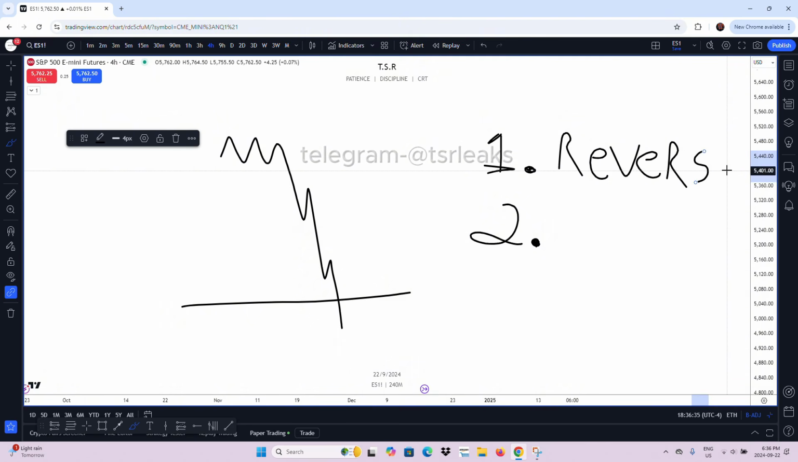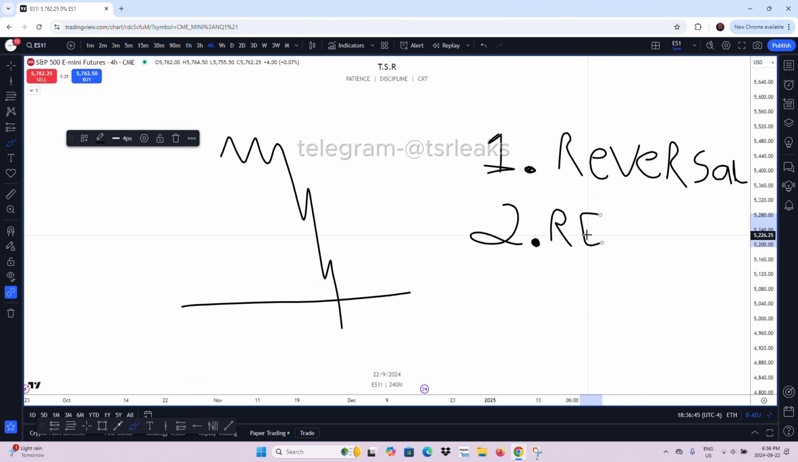Sorry about my handwriting here, not used to drawing. Reversal and the retracement. Let's just put the retracement as RET for retracement. Okay, so first example